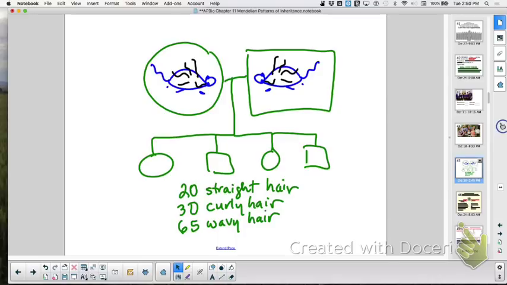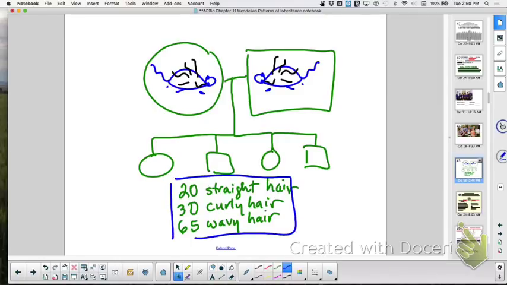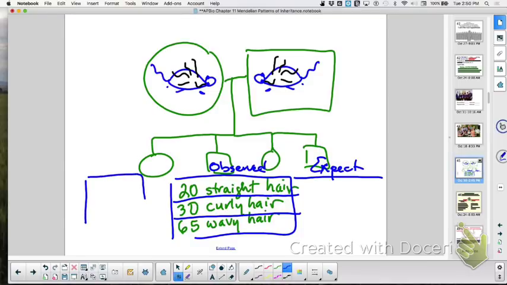So I predict that this is incomplete dominance. Do you agree with that? Okay, so this right here, we could say that these are observed, right? These are observed. So what would we expect for each of these? Well, if I cross two wavy-haired rats,